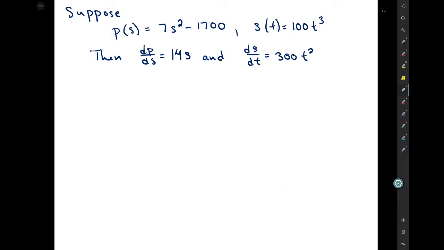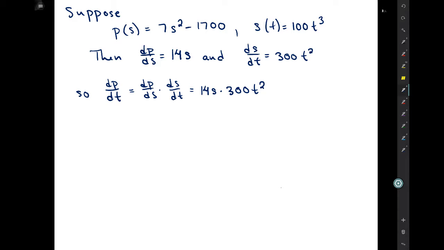And so if we want to just use our previous chain rule, our previous formula, to calculate dp dt, so again, you can take s and stick it inside of p, and that gives you dp dt. And what we should get is dp ds times ds dt. We should get 14s times 300t squared. Well, but that's not very satisfying because dp dt isn't a function with an s in it, so